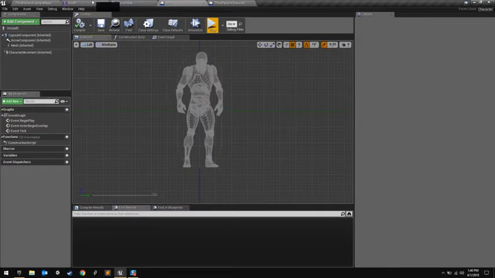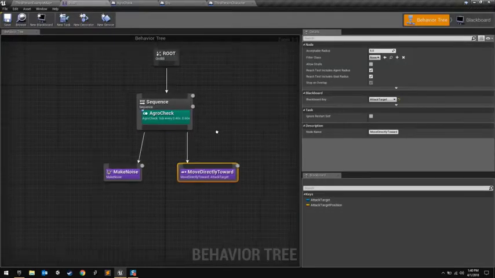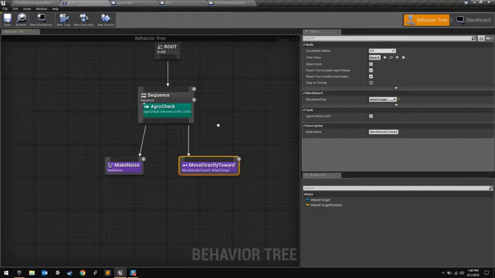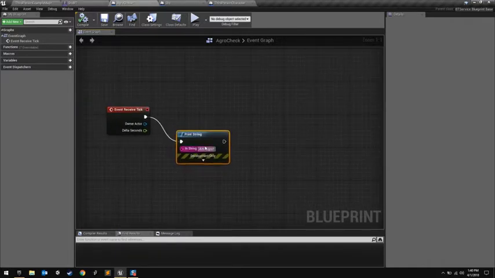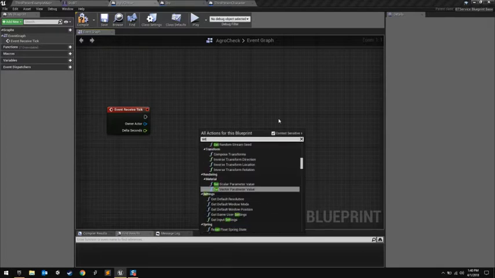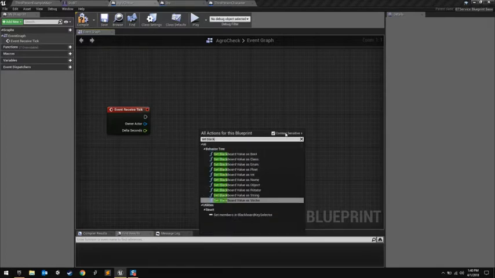So if we go back into our behavior tree, we're not sure if this is working properly or not. I mean, obviously the aggro check is running, but we don't know if move directly toward is running yet. If we go into our aggro check, what we want to do is set that blackboard variable, the attack target, to our player. So we could just do that directly and say set blackboard value as, and the attack target